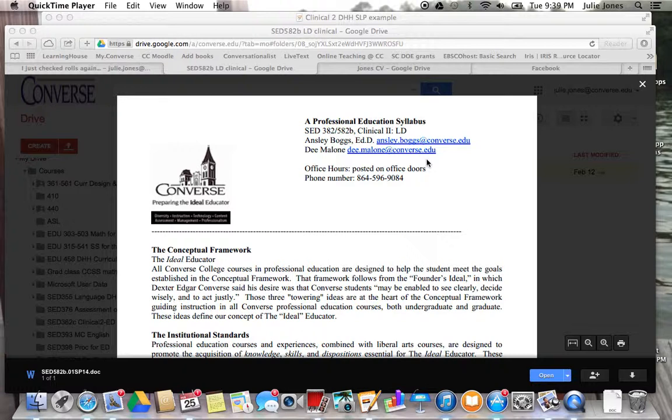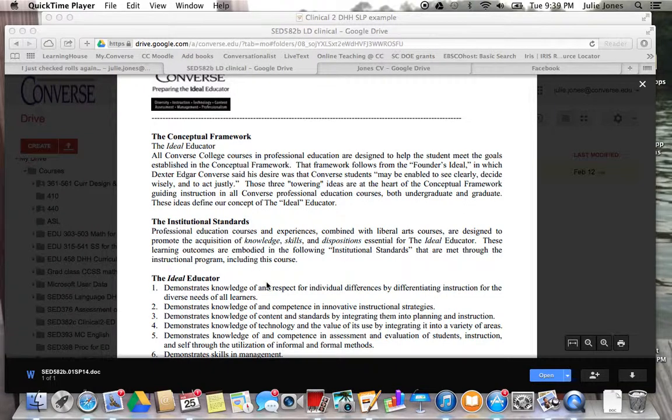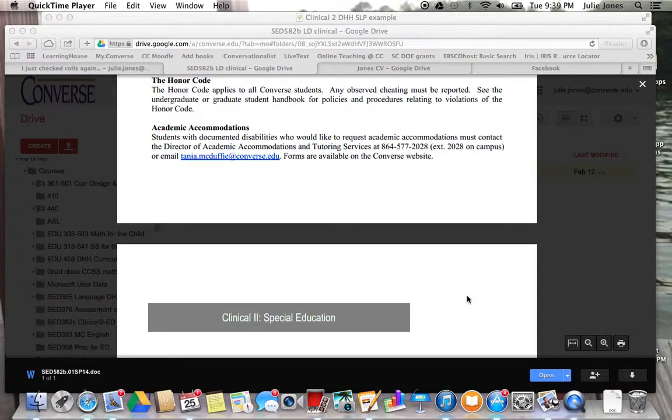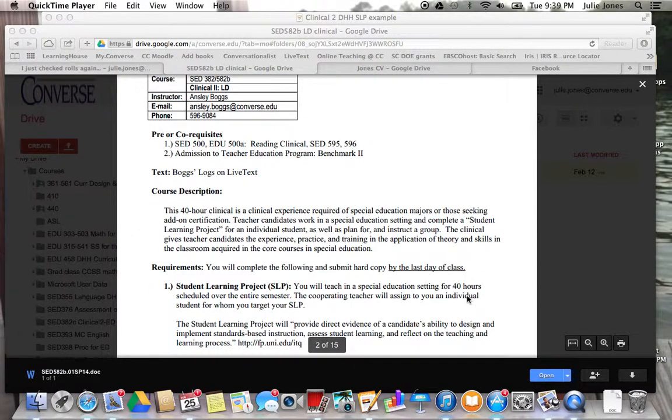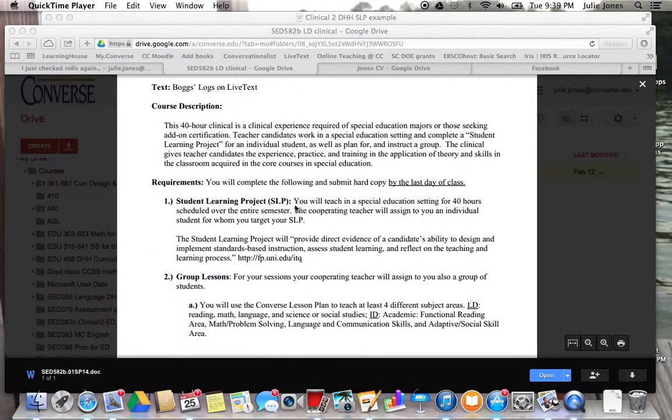At the bottom of my signature on my emails to you, there's information on how to contact me, and I'll also send you my cell phone number so that you can send a text as needed. The beginning part of the syllabus I'm going to let you read on your own, just because it talks about the goals and institutional standards in the honor code that are all true to Converse in any course that you take with us. If you scroll down on the second page of the syllabus, it details that this is a